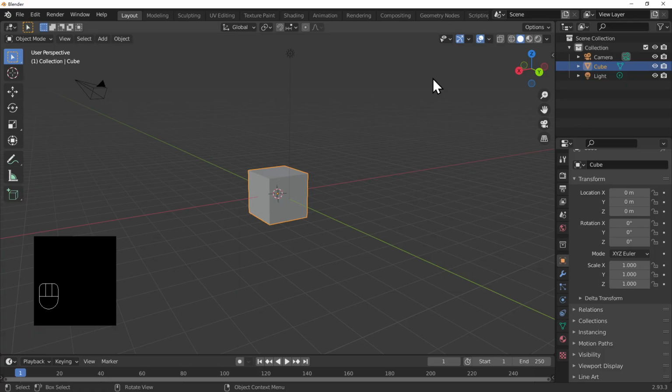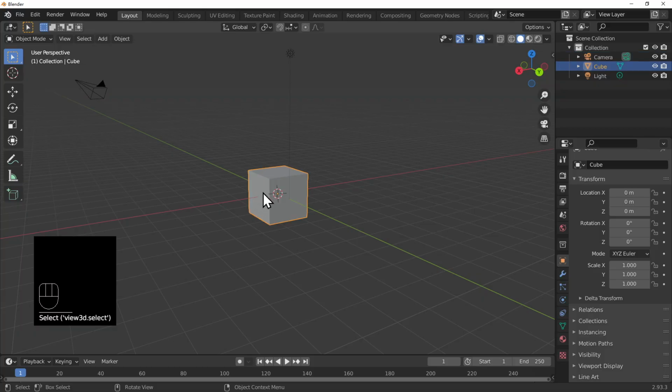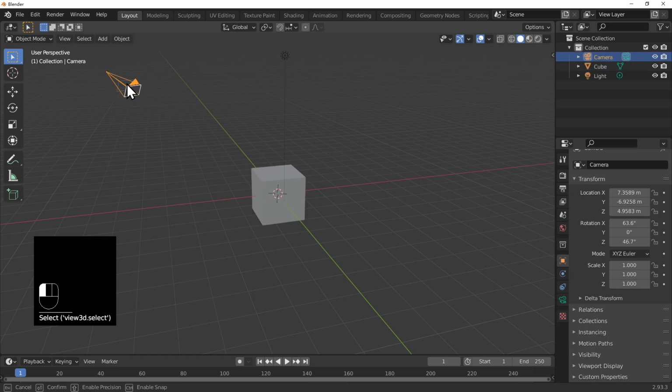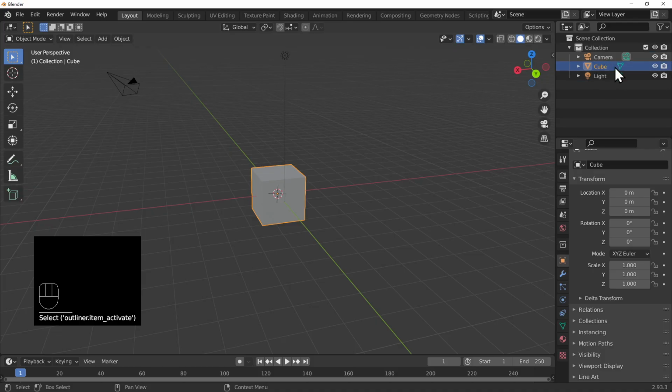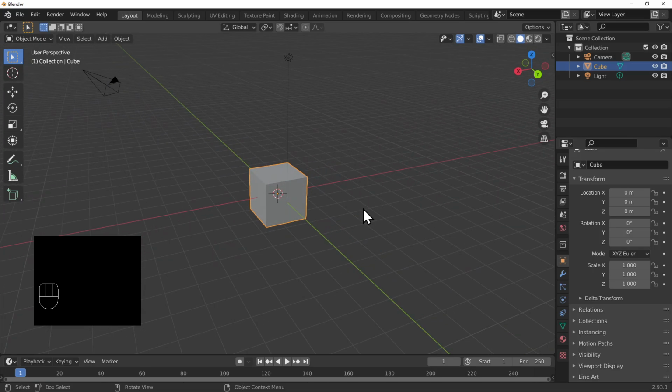So you can either select the camera here, or just click the camera in the scene. Okay, or if you want to select the cube, you can just click the cube or click here. I personally just click everything on the screen, but if there are a lot of things that are overlapping, I'm just going to use the different names and click what's here. Okay, so I think this is pretty much all about how to choose things, and we're going to add things and delete things. Okay,